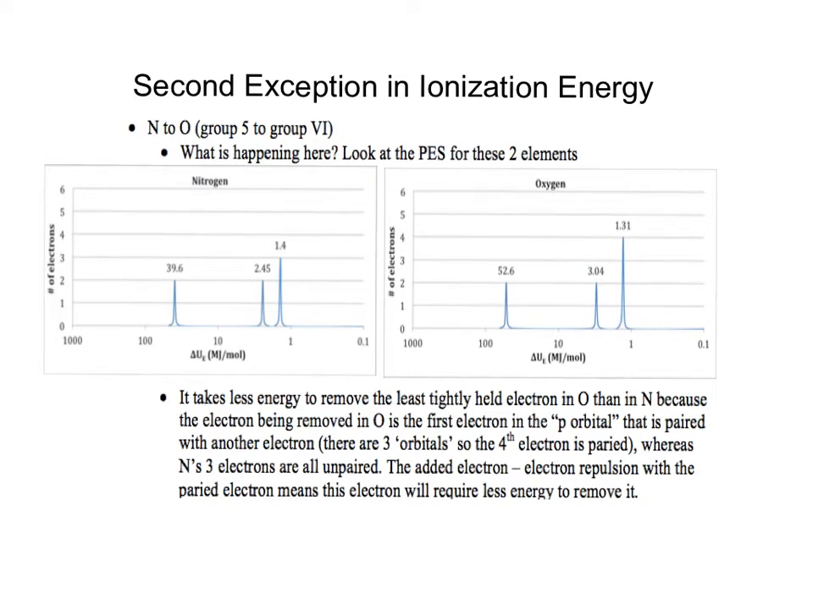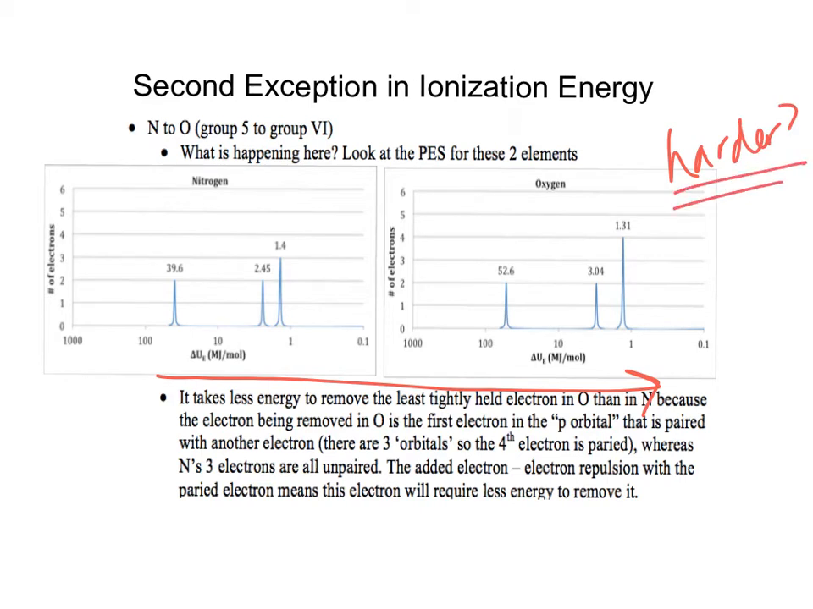All right, now let's look at the second exception. The second exception is the dip that occurs between nitrogen and oxygen. As we go across the table, it's supposed to be harder to remove the last electron in oxygen if the trend were normal, but it's not. So why is it easier to remove the last electron of oxygen as opposed to the last electron